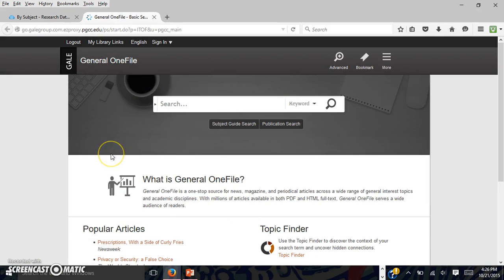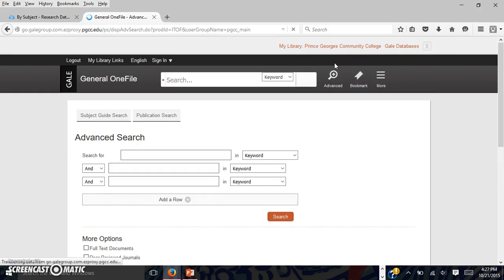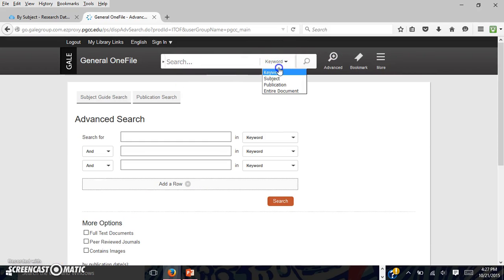I didn't have to insert my username and password, but sometimes you will have to log on with your Blackboard username and password. So like I said, this is what you'll see when you first get here. You can do an advanced search. You can change it from keyword, subject to publication and to the entire document. And you can search for global warming